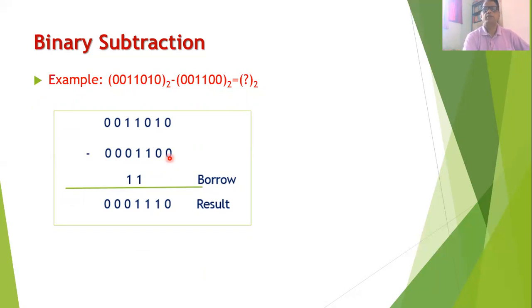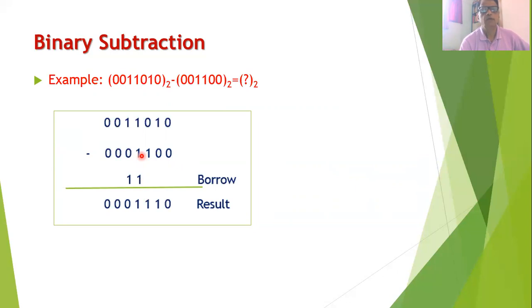Now I will perform the subtraction of these bits. While performing the subtraction, I will start from the least significant bit. So 0 minus 0 is 0, 1 minus 0 is 1, 0 minus 1 is 1 with borrow 1. Now I will write the borrow over here in the next bit position, and this borrow is to be added into the bit of the negative binary number. So here 1 plus 1 is 1, 0.